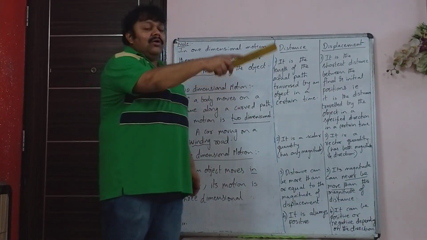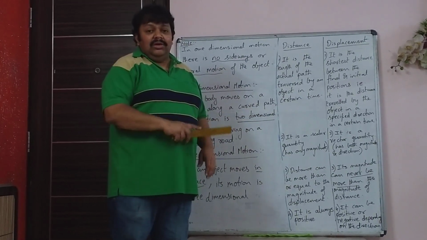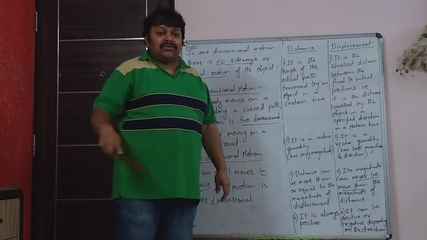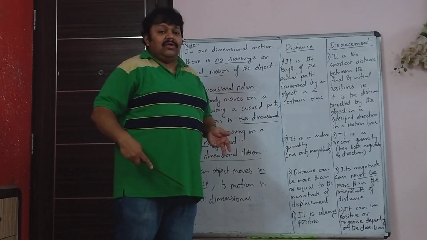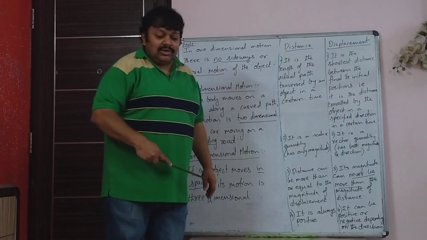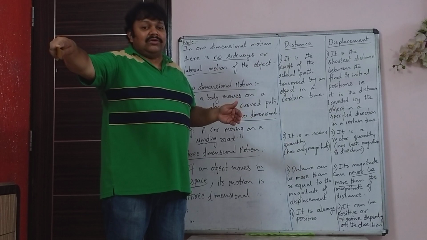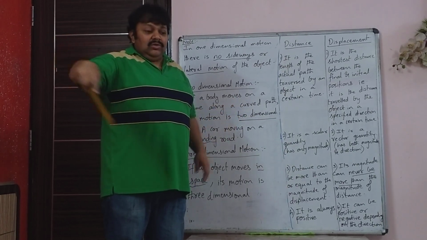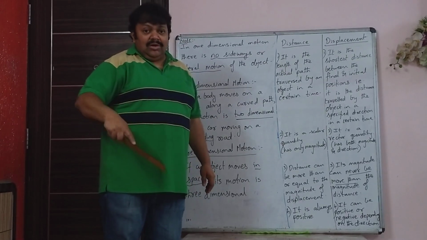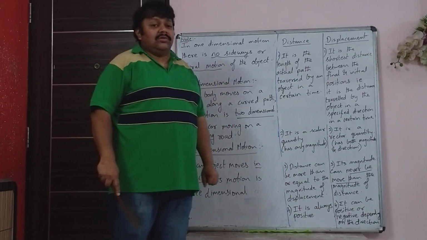So you might have walked 5 kilometers from place A to place B. So you have actually walked 5 kilometers, may not be on a straight road because the road itself would not have been straight. You might have gone first down, then left, then again down, then again left and reached someone's house which is 5 kilometers away. So you have walked on the road 5 kilometers, so that 5 kilometers is distance.